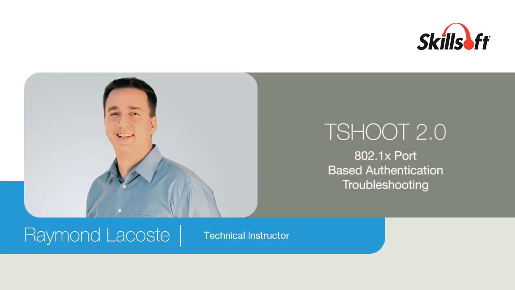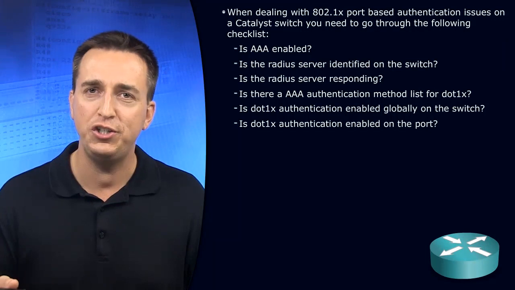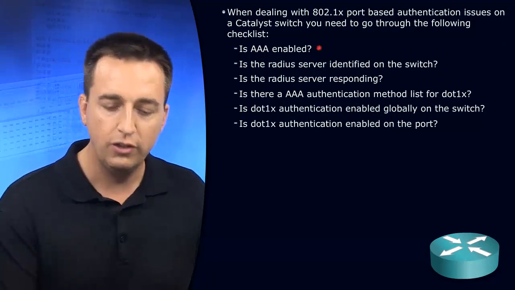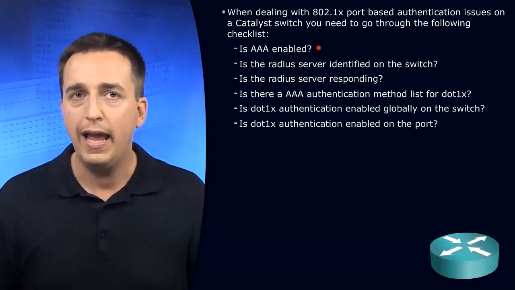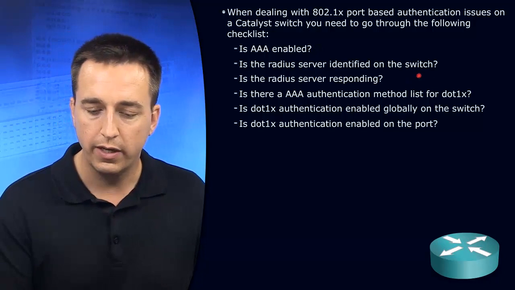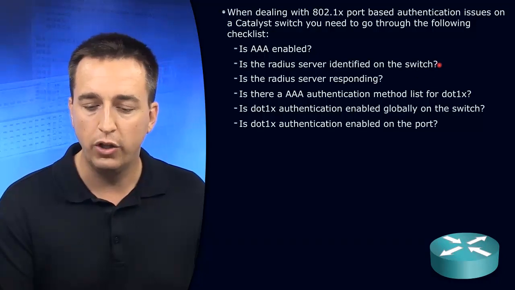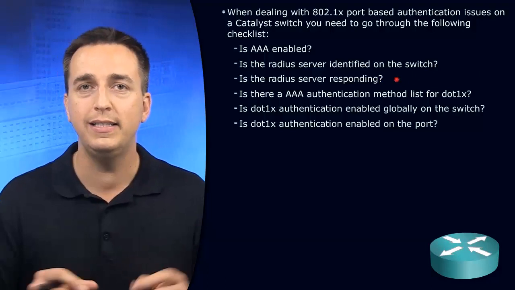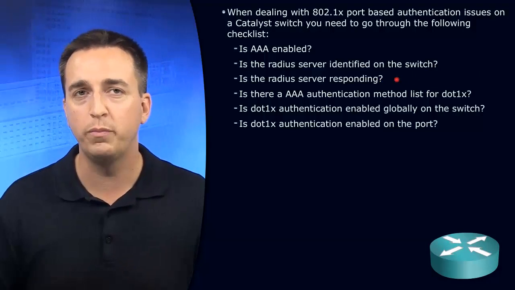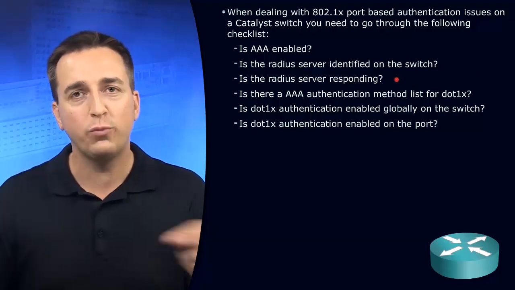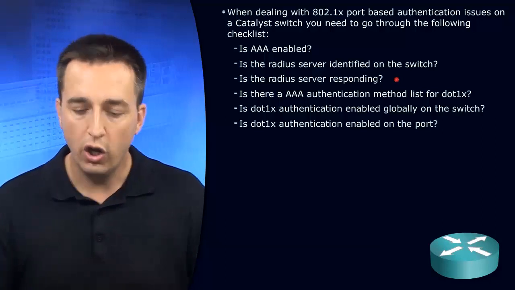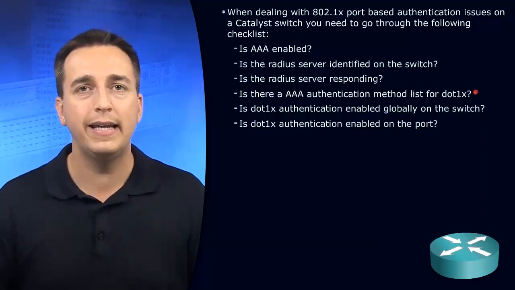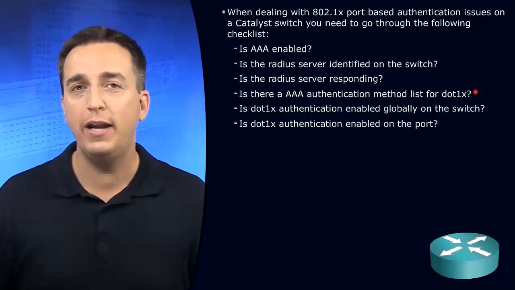When troubleshooting issues related to 802.1x, what should you keep in mind? Well, first of all, AAA has to be enabled. And you're going to need some radius servers that can be accessible to perform the authentication that is needed for 802.1x port-based authentication. However, these radius servers have to be defined within a method list that is dedicated strictly to